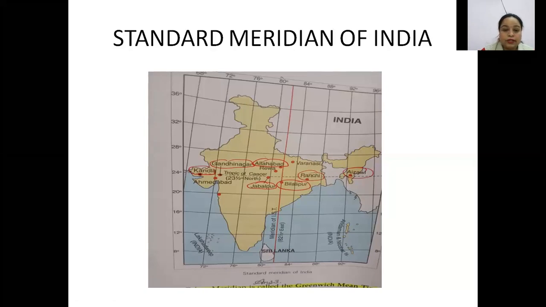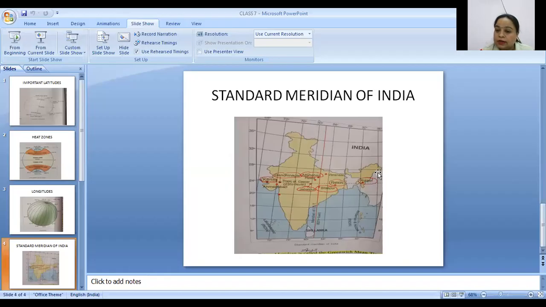Okay. So I'll tell you one thing. The sun has already risen in the east. But the sun rays will take time to move from this longitude to here, because the earth is moving. The earth will take time to move from this longitude to this longitude, from this latitude to this longitude, from this place to this place.